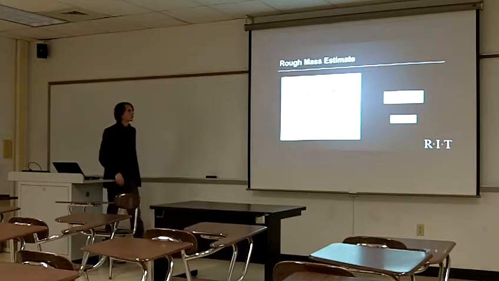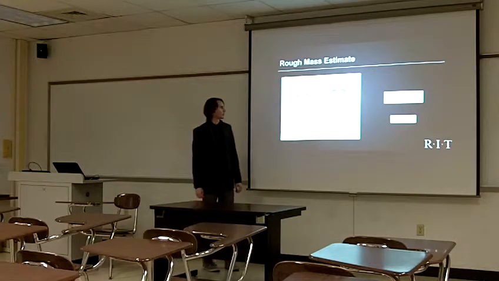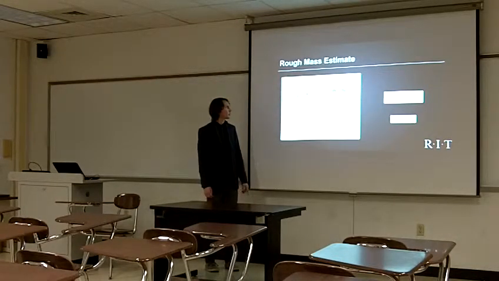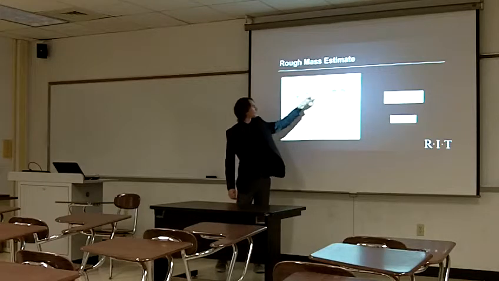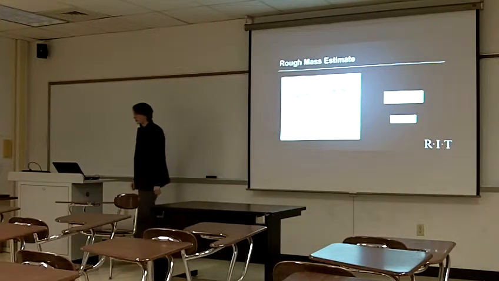So I did a quick math estimate, assuming that the gravitational potential energy was counteracted solely by the centrifugal force, so less pressure. But it gives us a rough estimate of the mass of the disk. As you can see, it starts to level off, so it's on the order of 10 to the 10th solar masses. So we will use this